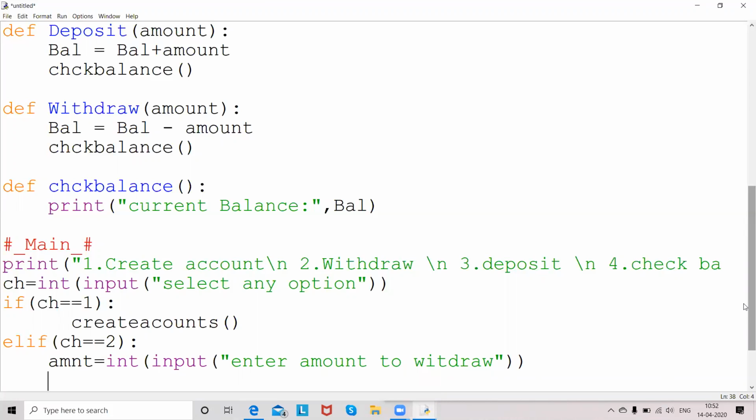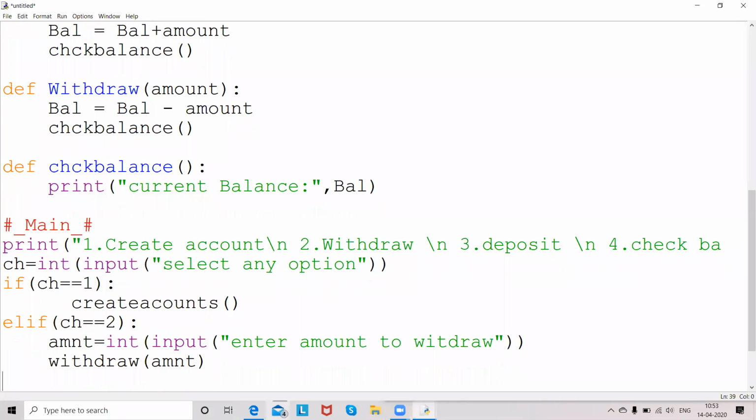Then I should be calling the withdraw function. While calling the withdraw function, I need to pass this amount. Whatever amount you have entered here will go to the withdraw function argument amount, and it will go inside the withdraw. That means it comes here. Then it reduces the actual balance with the help of this amount. Then it prints the current balance. If not this case, if the user entered the choice is equal to 3, what is option 3 we are giving? We are giving it for the